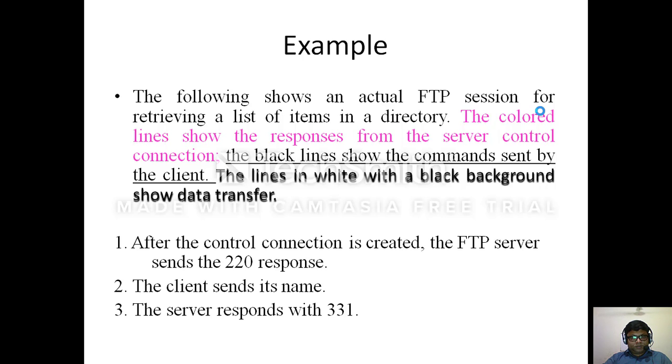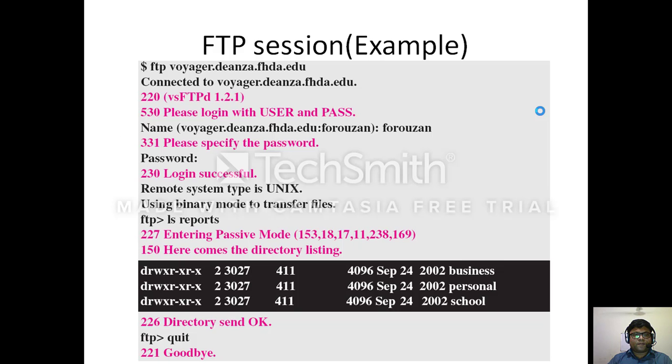In the next few slides, we will see an actual FTP session for retrieving a list of items in a directory. The colored pink line shows the responses from the server control connection. This can be seen here.